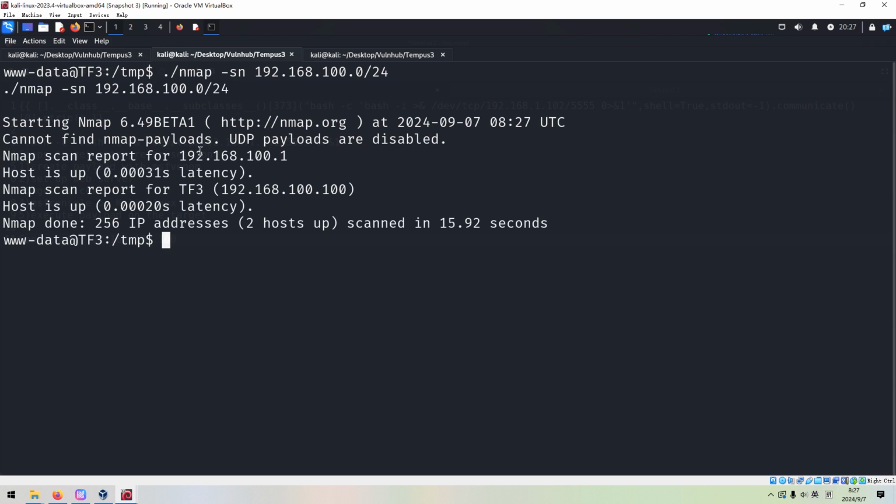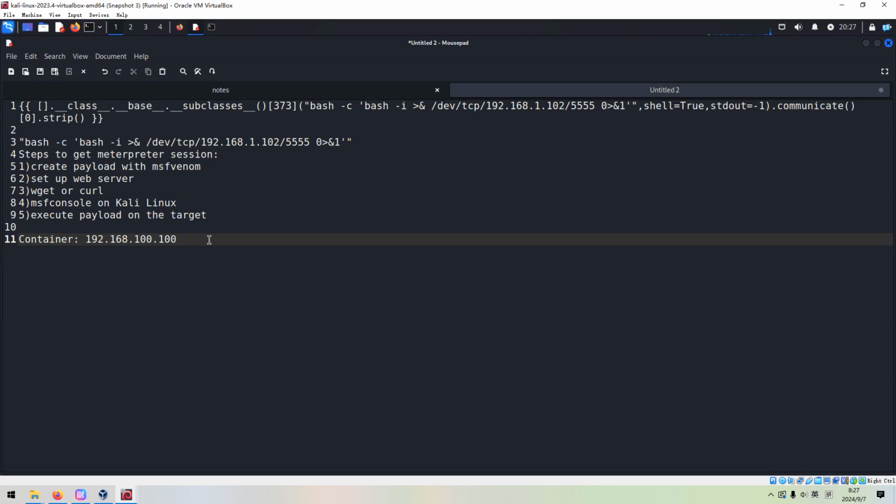Okay, it's done. And found the new IP address we can copy. And normally this IP address should belong to the host machine, the two host containers. So this should be the new, maybe possibly,